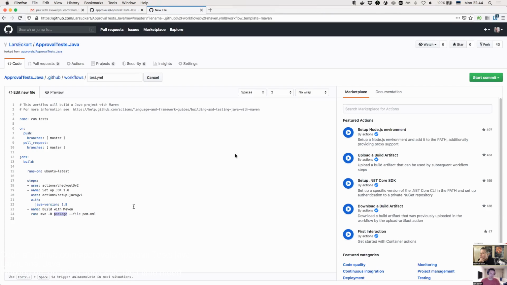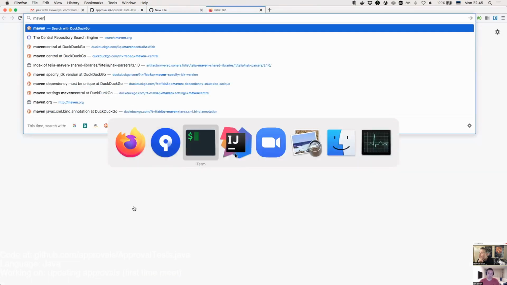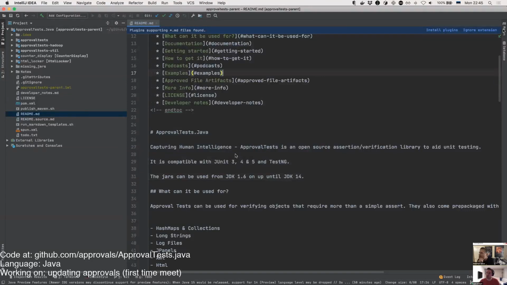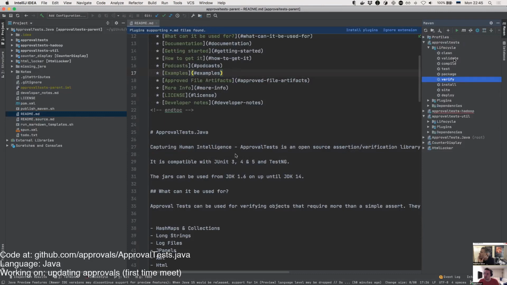We need Maven verify actually, I think. Yeah, let's open up the Maven package. Wait, if we can see here. Approval tests, Maven. Like approval tests live, we have clean, validate, verify, test. What's the difference between test and verify? I would guess that verify maybe also runs checkstyle if there's something. Can you open it up? Let's not guess.